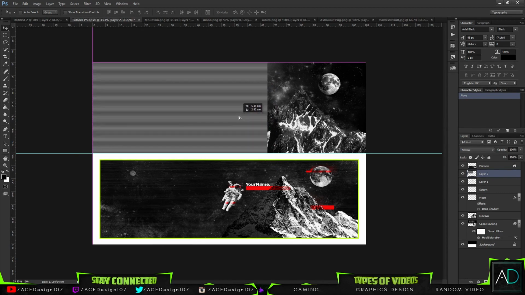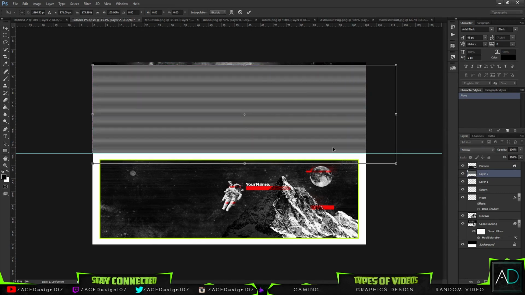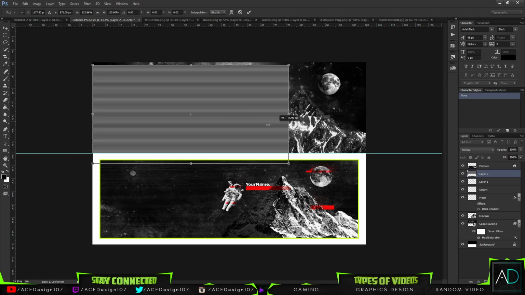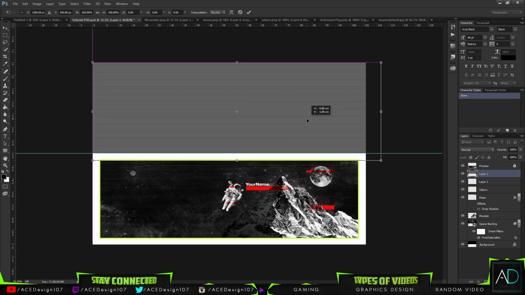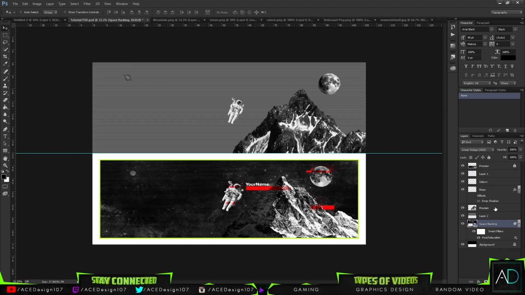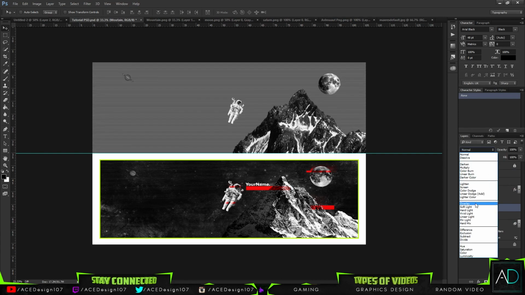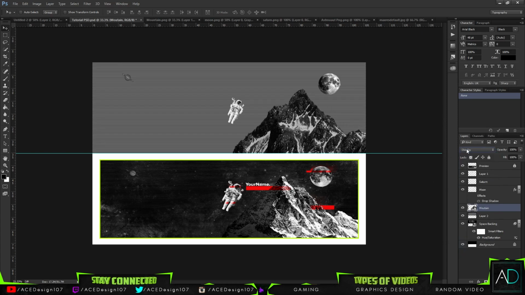Now press Ctrl minus to zoom back out, and we're going to press Ctrl T and just drag, like stretch this one out to the right. It doesn't really matter because it's a straight line, so it's not really distorting anything. And you've got your scan lines onto your document. Now if you bring these all the way down just above the space backing but below the mountain, and if you go to the blending options for this layer mode and go to overlay or screen,